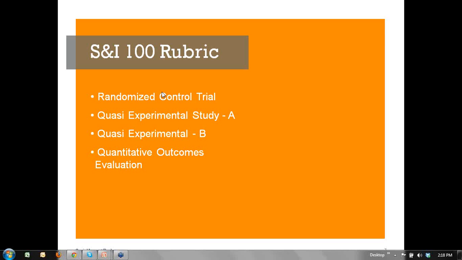When we're talking about scalability, the statistical rigor is really important, and that's a real takeaway point I want to leave everyone with. And there's one other thing I'd like to say in closing. Since ultimately the S&I 100 is all about being able to scale up an intervention, I strongly encourage all of you to stay away from formative evaluations, since by definition, these are evaluations that are about improving the processes involved in delivering the intervention. So I'd wait until you feel that your intervention is really in a steady state, where you have all the processes smoothed out and everything's working, before moving forward with a summative evaluation.